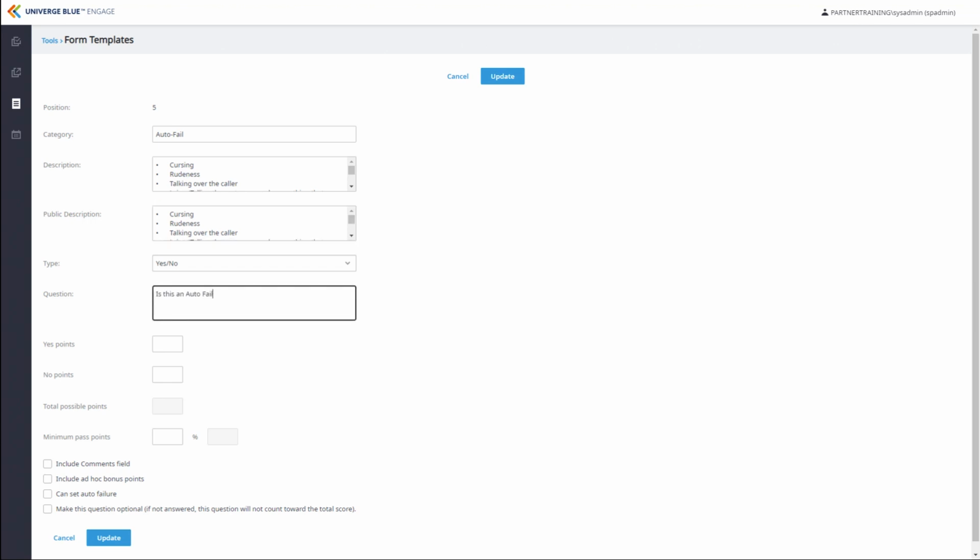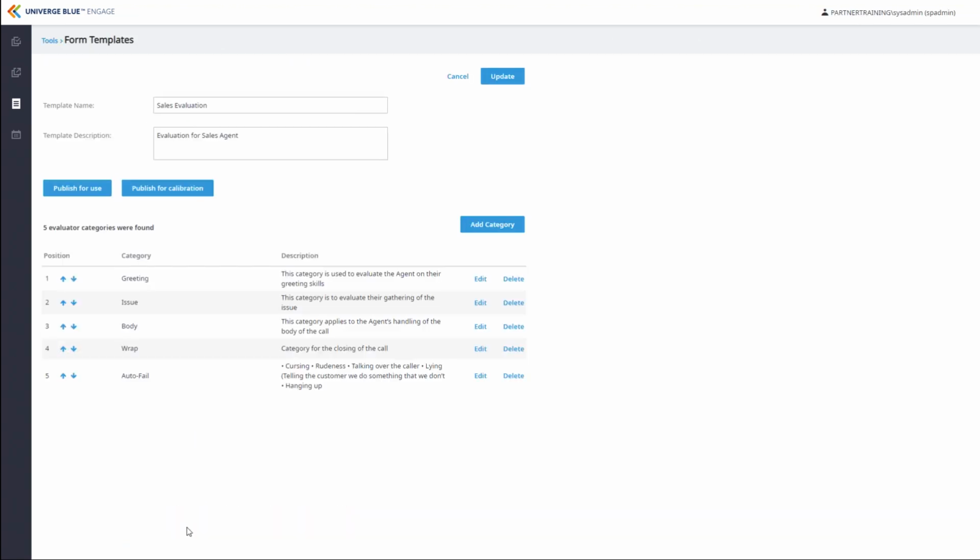We can make no worth 20 points. This will round our evaluation out to a nice even 100 possible points. We will make our minimum 20. We will now select to add comments and at this time select Can Set Auto Failure. Click Update. Although we have approached autofail in this manner, be aware that this is not the method that has